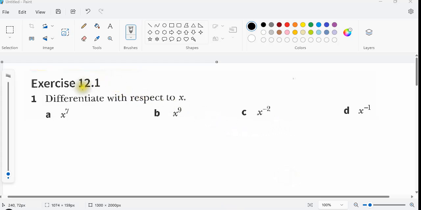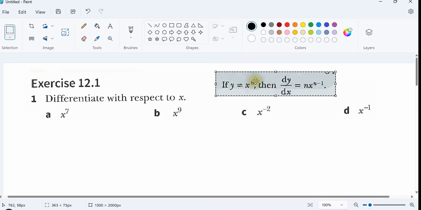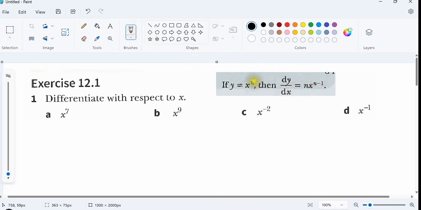Exercise 12.1, differentiate with respect to x. So we know that if y equals x power n, then dy/dx is n x power n minus 1. So the power we move to the front, and then after that minus 1. Okay, so over here we have y equal to this, so dy/dx is equal to 7x